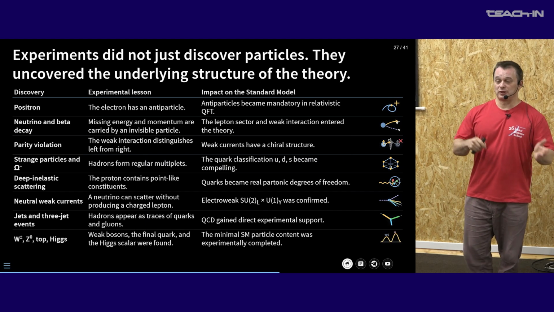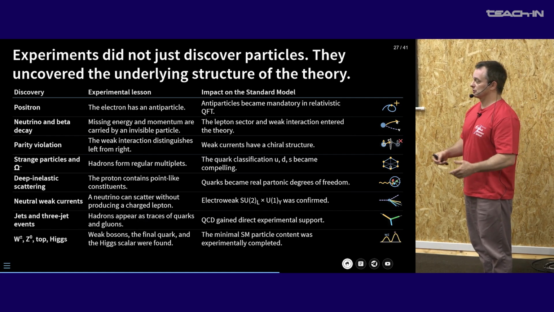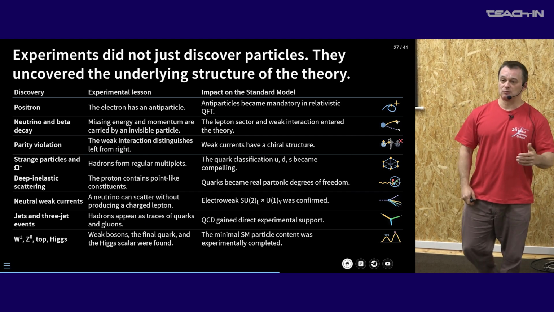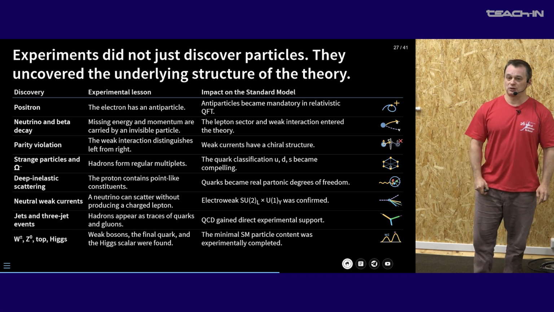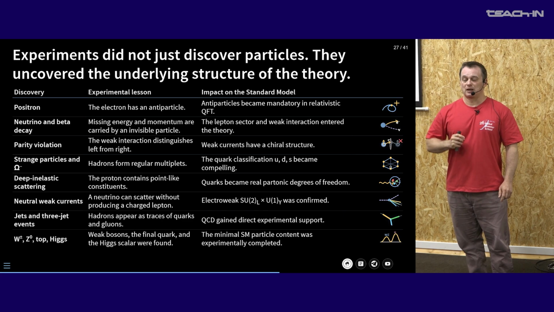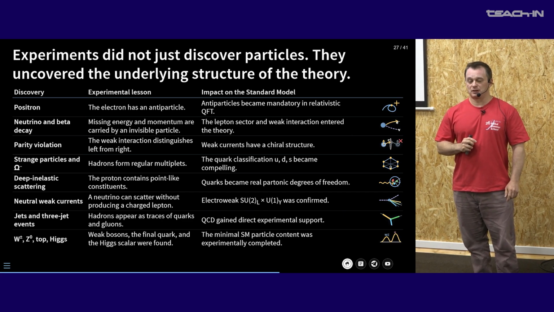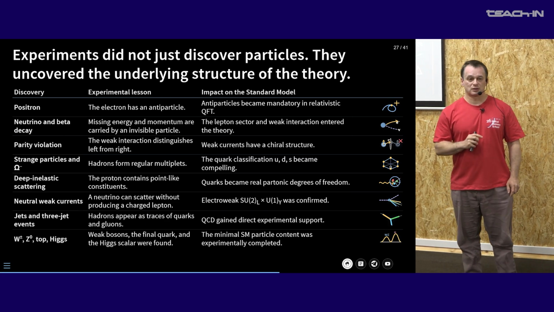Later, W and Z bosons were directly discovered, not just as a trace for the weak interactions. Then top, and finally, Higgs boson was discovered. So Higgs boson discovery was made just very recently in 2012, if I'm not mistaken. And this is, in my opinion, really one of the greatest discoveries in the history of particle physics, because